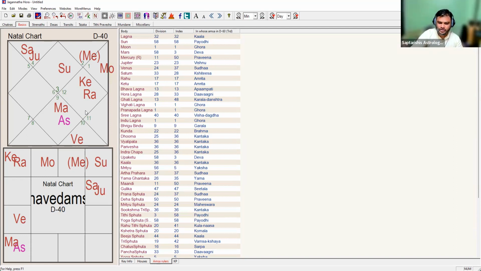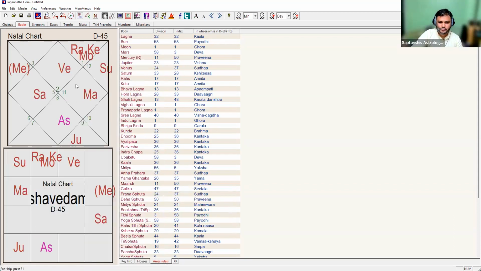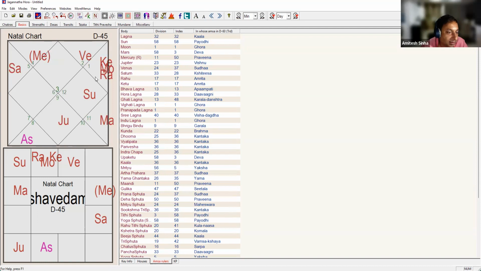Let's take the yoga. So come back to our topic. Mercury is in Taurus, Moon is in Aries, Mars is in Sagittarius. Okay, let's check D45. Moon, Rahu, Ketu in Aries, in the original position, the same position. They are in the Lagna chart also. Mercury is in the second house, in Cancer sign. Where is Mars? Mars is in Aquarius.